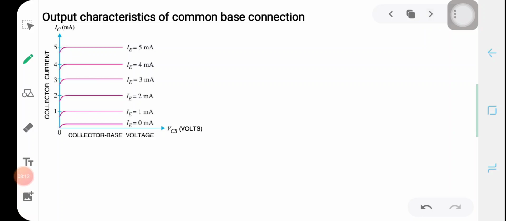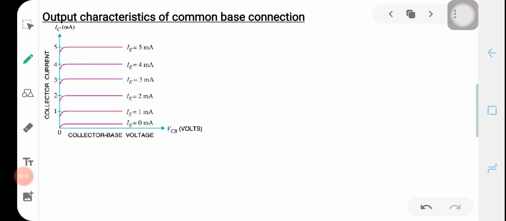Here we are keeping the emitter current constant, because a small variation in the emitter current will make a large variation in the collector current, since we know that IE is equal to IB plus IC. In that expression, IB is very small, so IE can be approximated to IC, or IC will usually be 95% of IE, the emitter current. So a small variation in the IE will reflect as a large variation